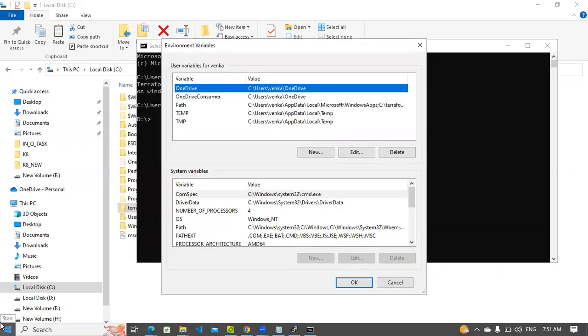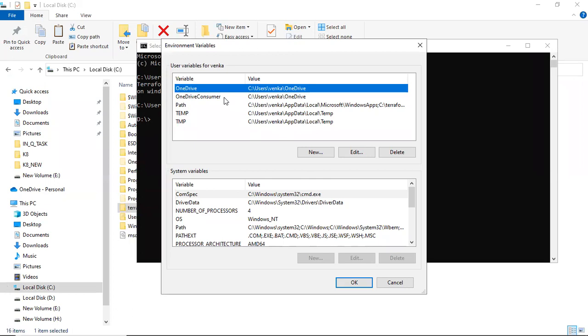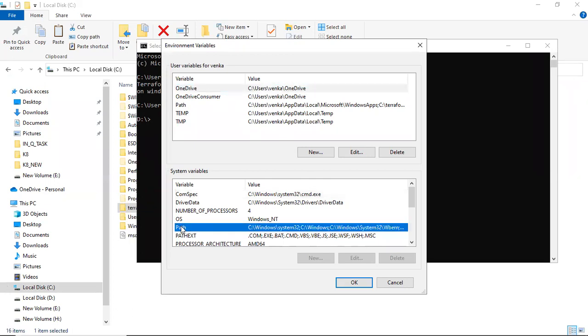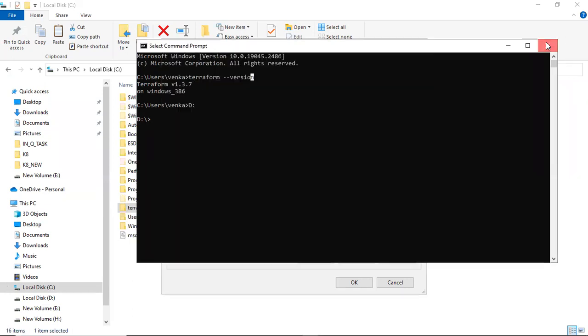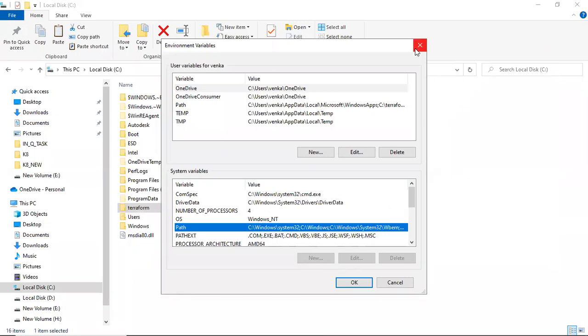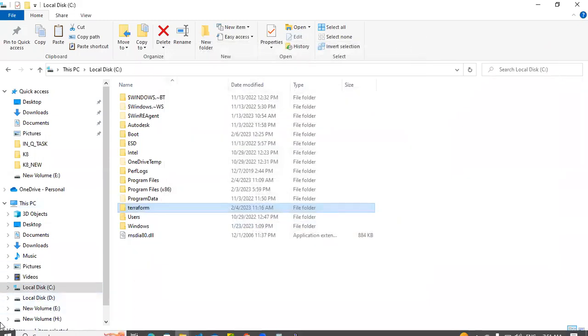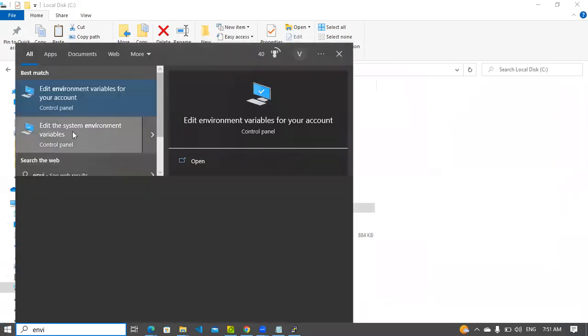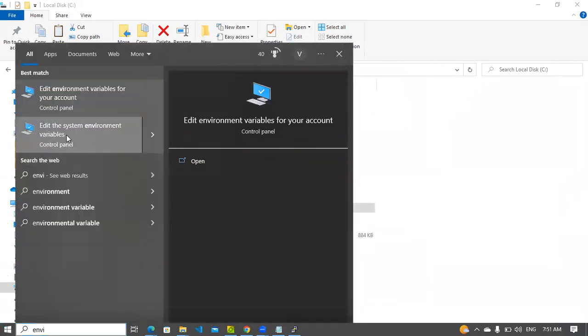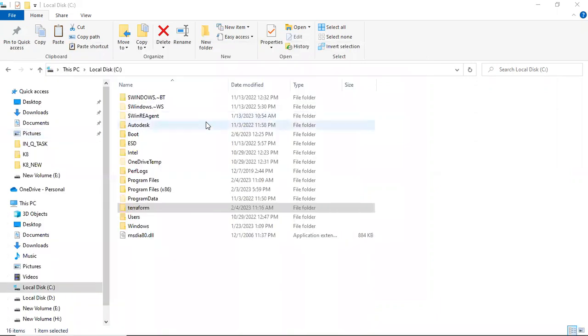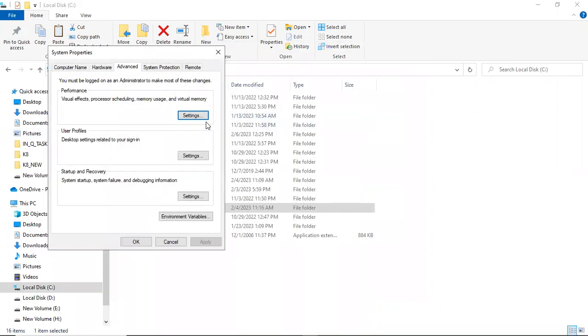How we will do that is by setting up Terraform as an environment variable. So in start, search for environment variable. Then this page will come up. You need to close this prompt. Come to the start, type environment variable, and this one will come. Click on that.